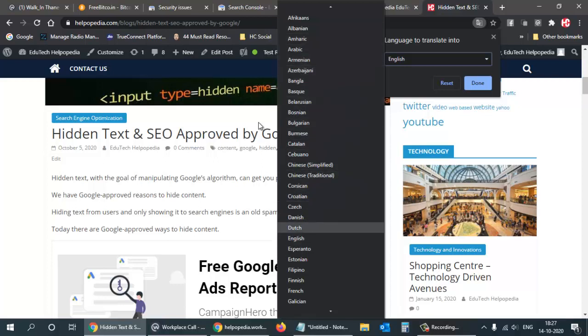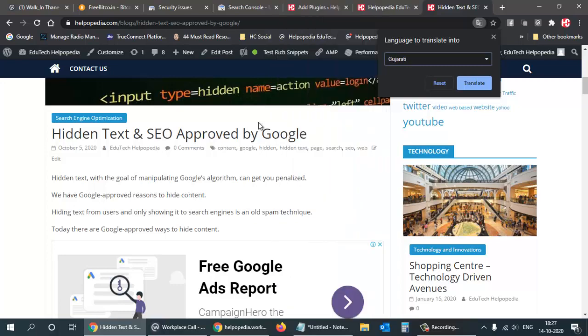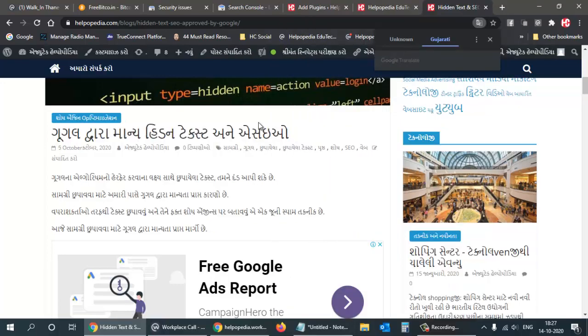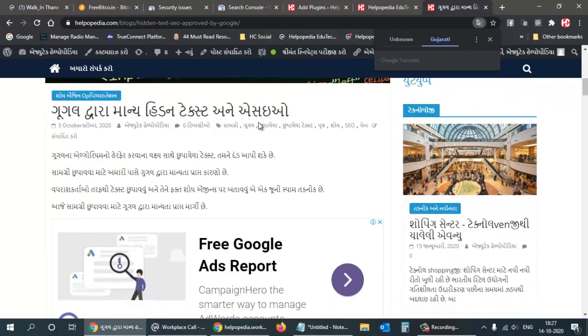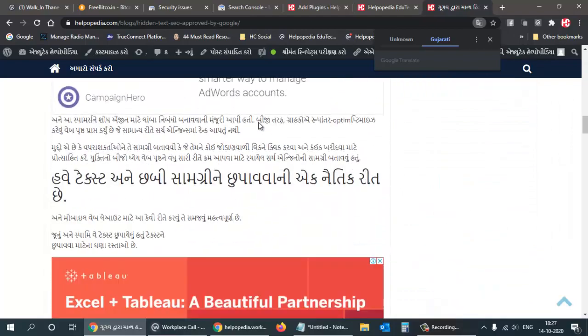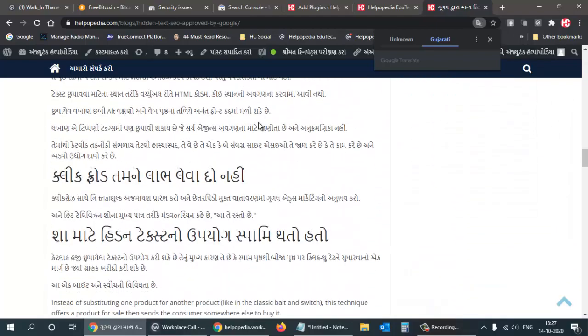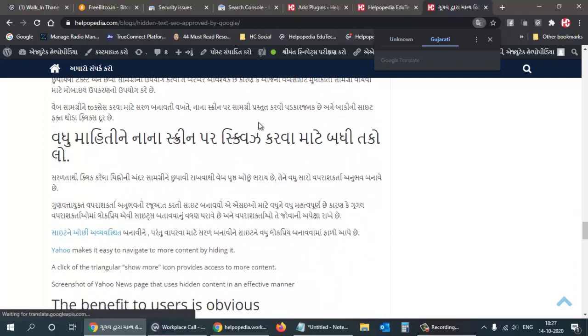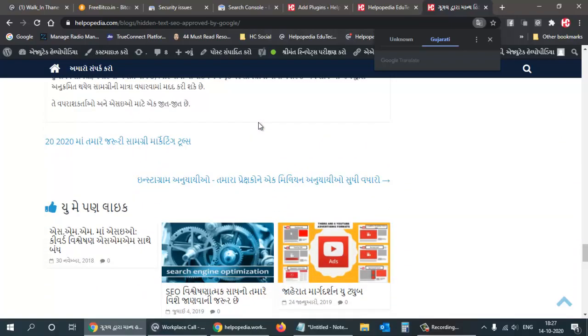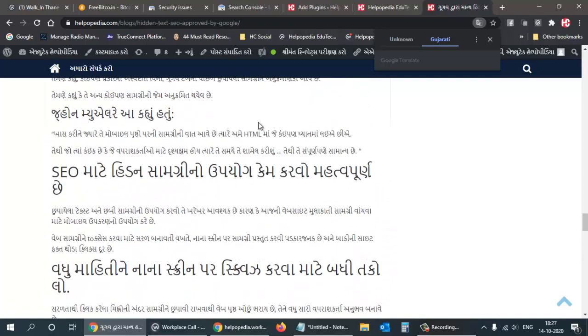See, I can translate to anything. Over here I'll say Gujarati, and then I'll say translate. Now you can see it is translated to Gujarati. Do I need any translation service for this website? I don't think so. It is automatically translated to this particular language. So like this,